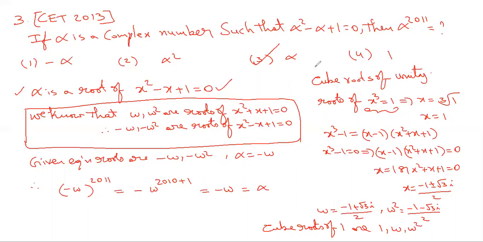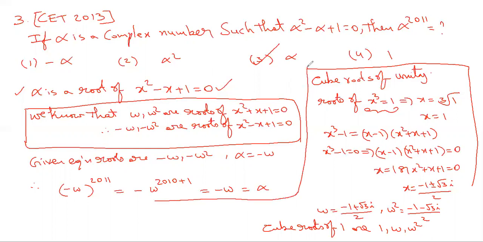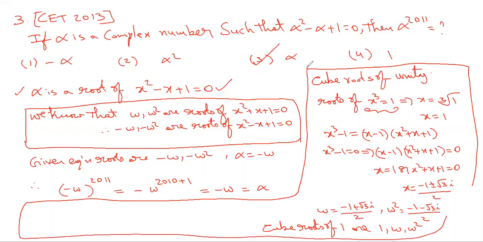This is the concept, the cube roots of unity. But we need to write the conclusions also. I'll give some conclusions. What are those conclusions from here? Because 1 is the root of this equation, 1 and omega, omega square, all the 3 are roots of x cube minus 1. Because 1 is the root of that and omega is the root of that, omega cube equal to 1, because omega satisfies this equation. So omega cube is equal to 1. It's a very important, useful property. That's what we used actually here. Omega cube is equal to 1.